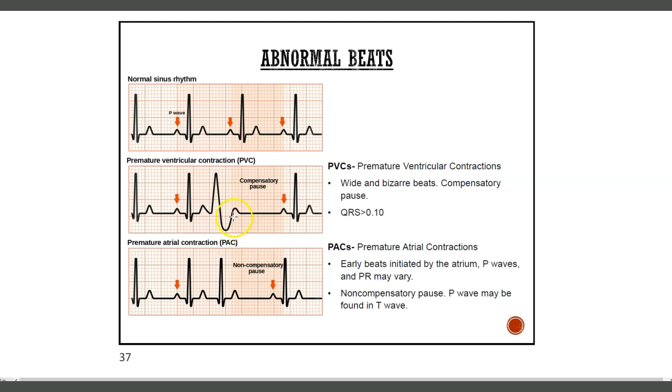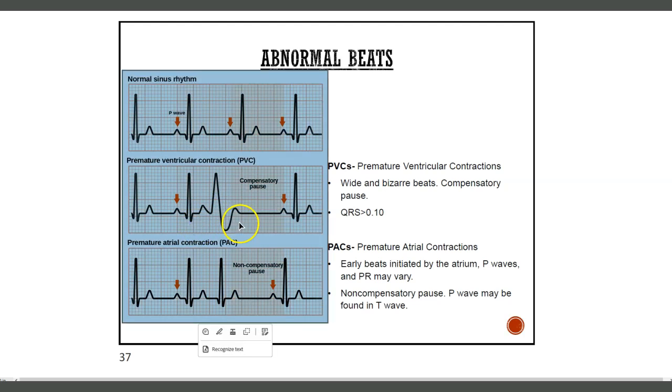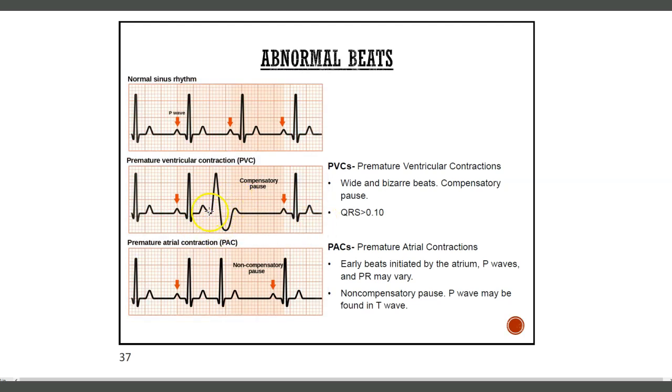So when you're looking at the PVC, you see this thing, it looks wide, bizarre, and it's a really big waveform. If you measure it, the QRS is greater than 0.10. So again, it's wide, it's crazy, it's bizarre, and you can tell it doesn't belong there. Typically with PVCs, there's a compensatory pause. Compensatory pause means that when you see when the next normal beat starts, it's basically about